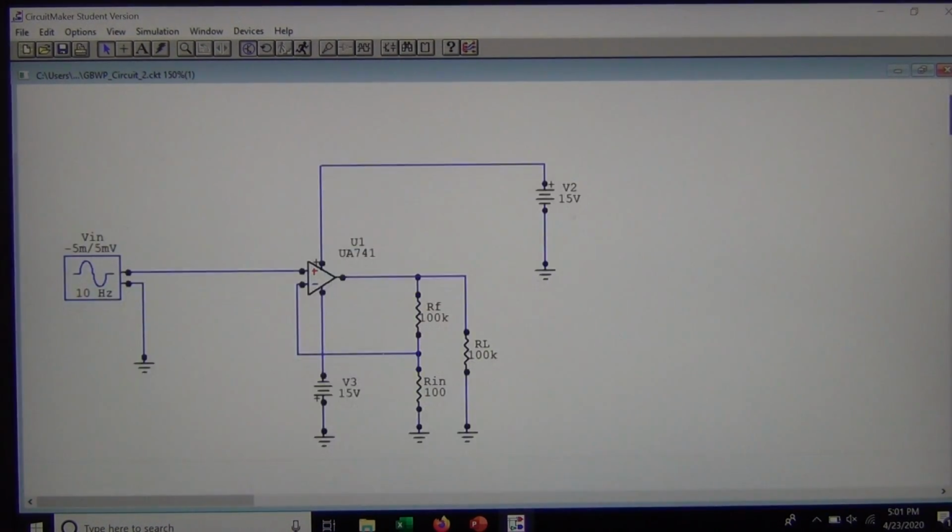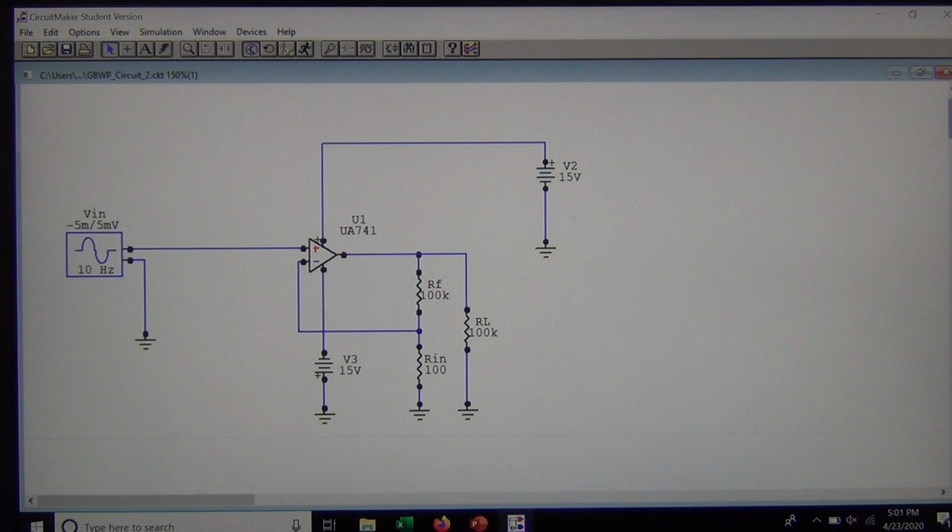And there's now a circuit where the input is only 10 millivolts peak to peak, plus 5 to minus 5 millivolts. The reason for that is that the gain of this circuit is very large. It's 100K over 100, RF over RN plus 1, so it should be a gain close to 1,000. And we'll run this circuit,